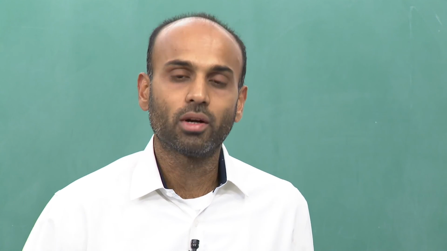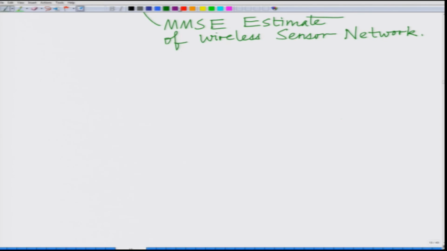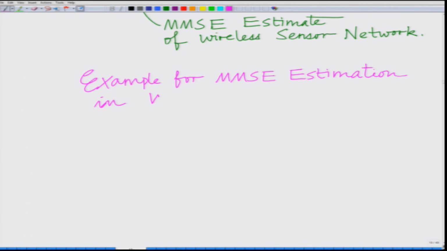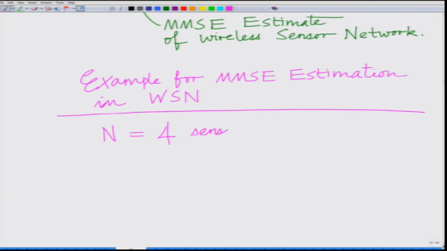Let us do a simple example to understand this. Okay. So, a simple example for a wireless sensor network. Let us consider n equal to 4 sensors, which naturally means that there are n equal to 4 measurements. Let the measurements be denoted by,